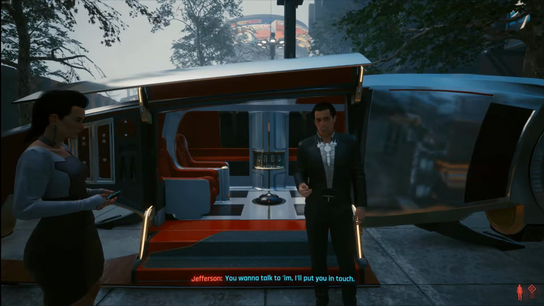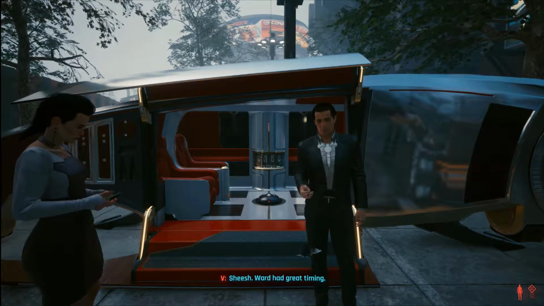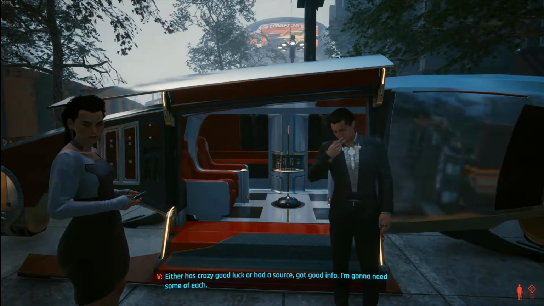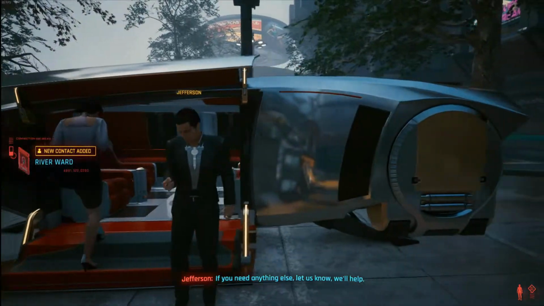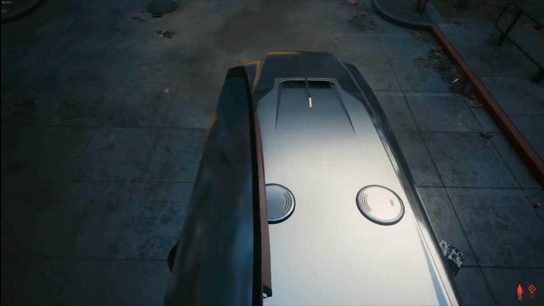So the first thing you're going to want to do is do the I Fought the Law side quest. And about halfway through, you'll meet up with these two people. And once you finish talking to them, they'll jump into their flying car. And a key thing to remember here is that the vehicle will not take off until you are a certain distance away. And so this is going to be the first instance where the charge jump or double jump ability is required,